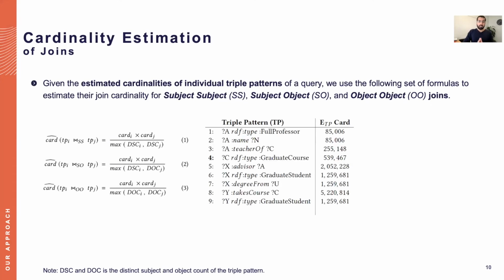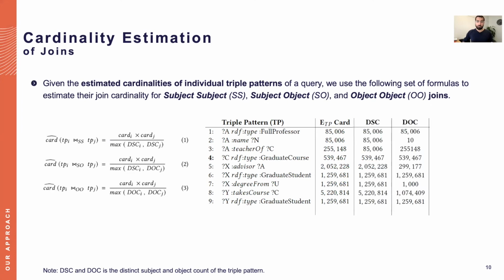So we computed the estimated triple pattern cardinality in the last slide. Now we take the information, distinct subject and distinct object count for each triple pattern, from shape statistics, and then we make use of these formulas to compute the joint cardinality. For example, to compute the estimated joint cardinality for triple pattern 1 and 2, where there is a join between subject of triple pattern 1 and subject of triple pattern 2, we use formula number 1,